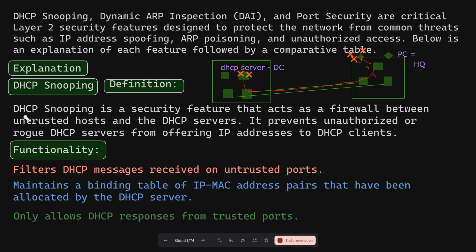Let's understand this concept. DHCP snooping is a security feature that acts as a firewall between the untrusted host and the DHCP server. It prevents an unauthorized rogue DHCP server from offering DHCP lease addresses to the host. So if you create this, it will create some sort of access list, some sort of database,